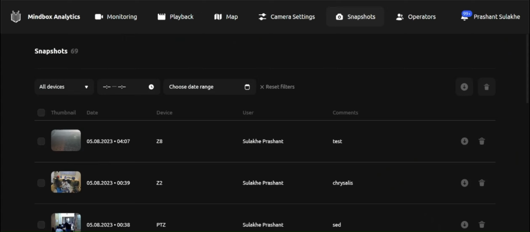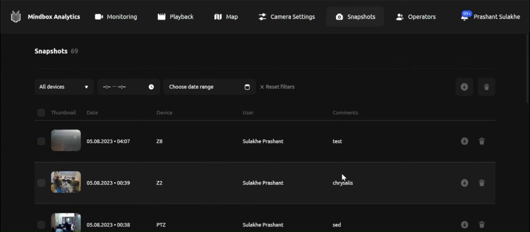You can also download and delete multiple snapshots, by selecting them and clicking on these options.